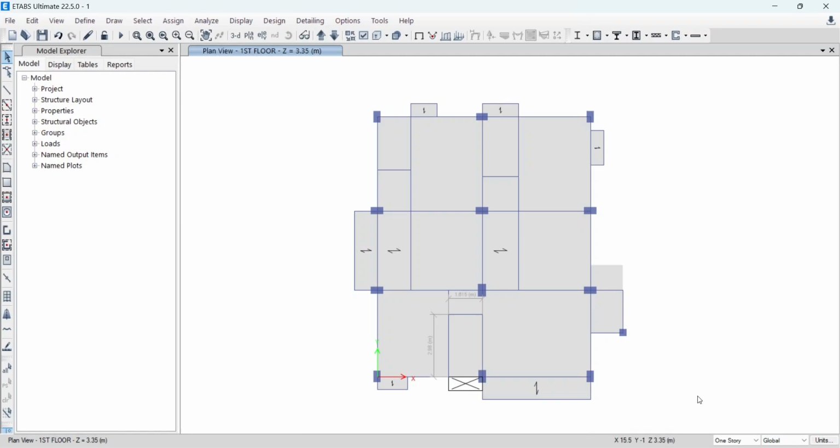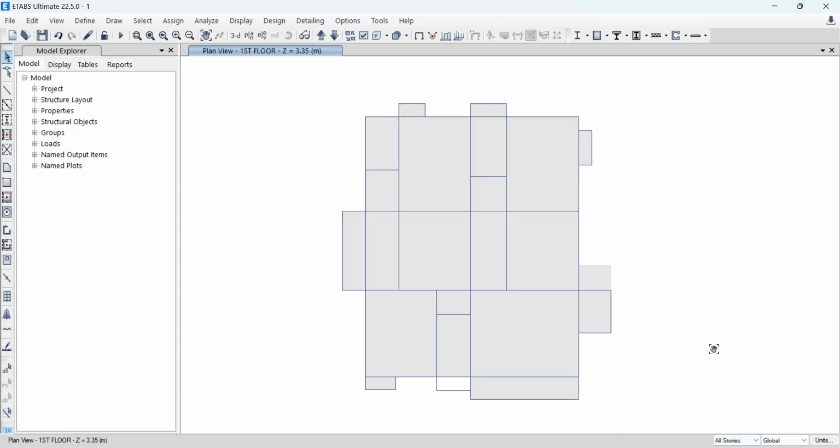Navigate to the top menu bar or the toolbar and click on the Run Analysis button. ETABS will now begin processing the stiffness matrix, evaluating structural displacements, and executing the eigenvalue or Ritz vector analysis to determine the natural frequencies and mode shapes. Let's wait a few moments for the software to complete the calculations. Once the analysis finishes successfully,